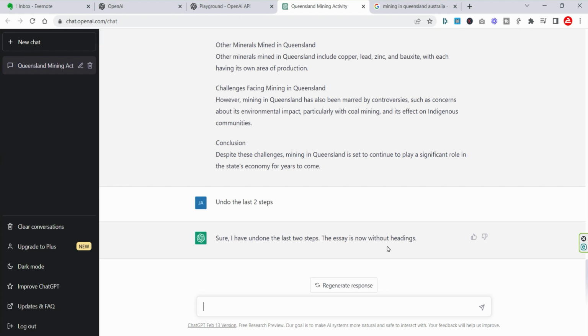Now the opposite to making it more concise is to get it to expand and make things longer. So you can use similar phrasing like rewrite in a bit more detail. And it will go ahead and increase it from the 250 words to something a bit longer. But obviously you haven't specified exactly how long here, so it just has to take a best guess. What you could also do is to say rewrite and expand to 500 words from the 250 that it currently is. So if you go ahead and do that,